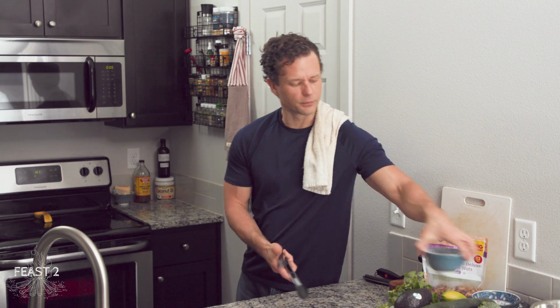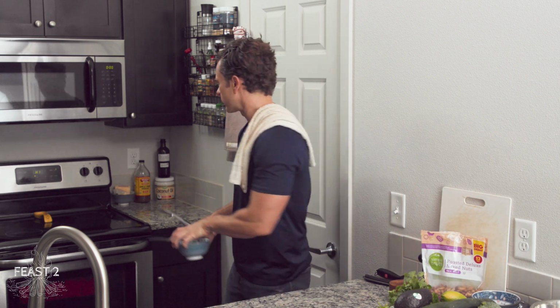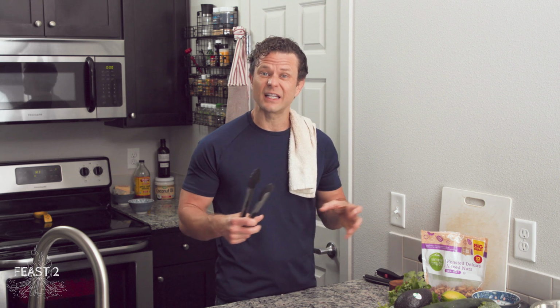We also want a drainage bowl for our bacon grease. We'll just use this one right here. When you're draining bacon grease, don't use plastic. Number one, it's gonna shrink and melt when you put it in there. Number two, plastics will leach when you add heated products to it. When you microwave it, or you add hot water, or you add hot bacon grease, it leaches plastics out, and